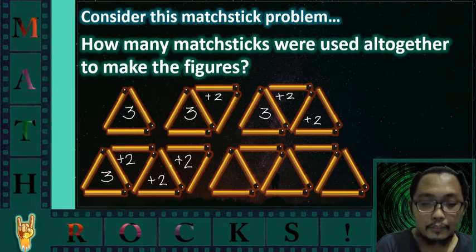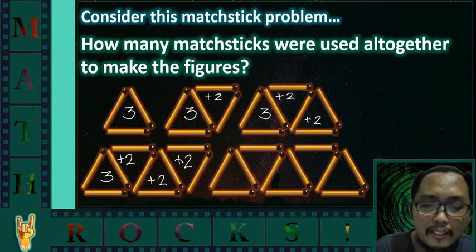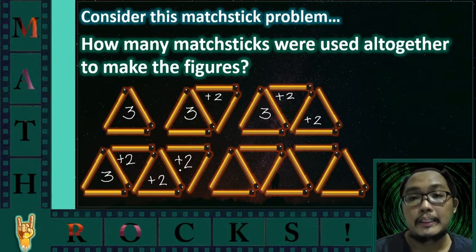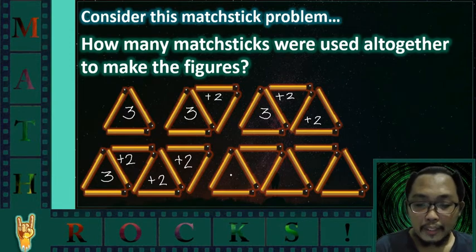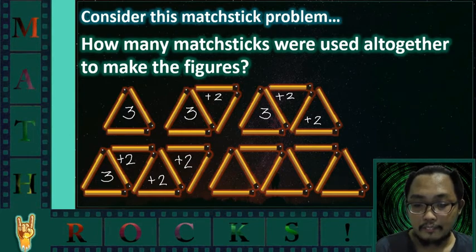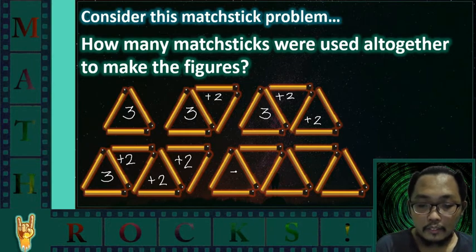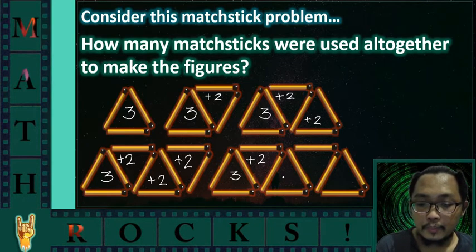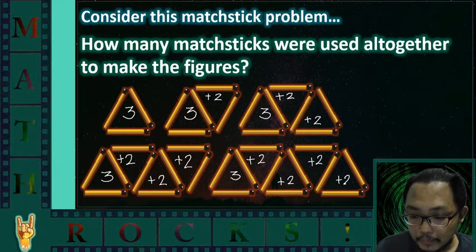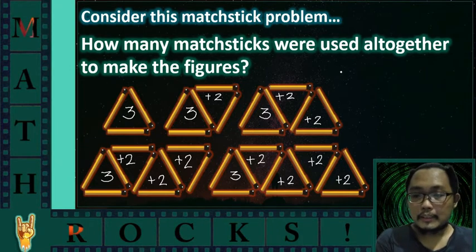So that means we have justified that this is really just a concept of arithmetic series. For the next one, we can easily conclude that the number of matchsticks used for this specific figure is 3 plus 2 plus 2 plus 2 and another 2 right here. So now let us